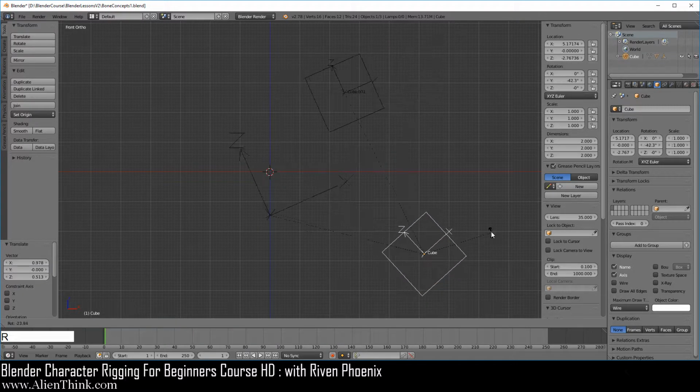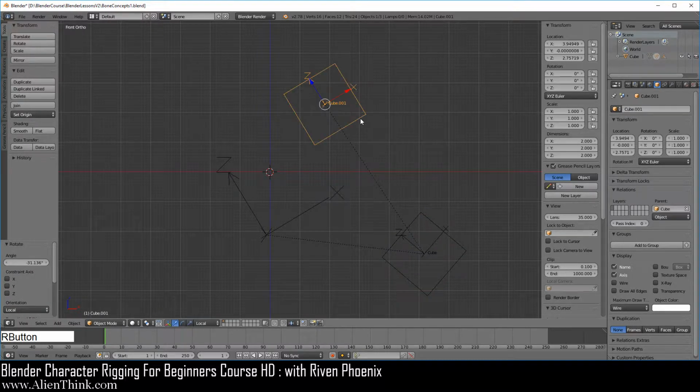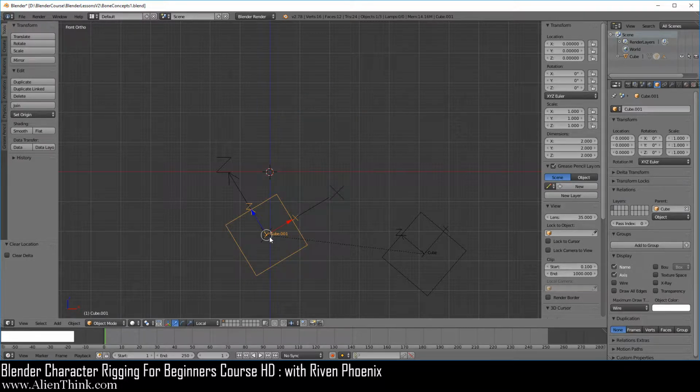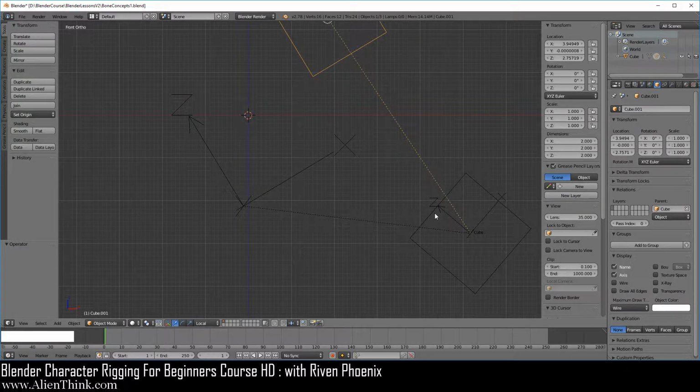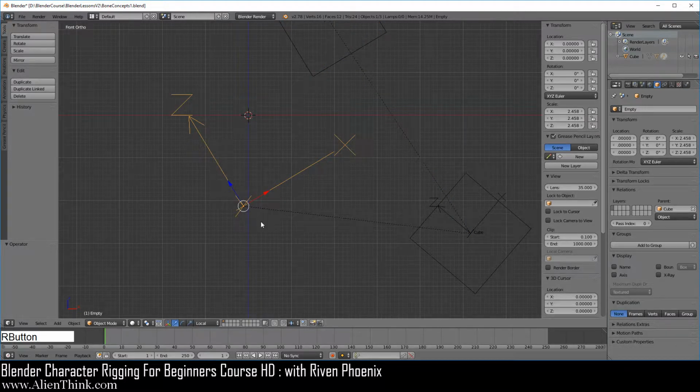Now press the R key to rotate. So if you click on the child, do Alt G, you'll see that this is where it was going. Okay? Now do Control Z to undo this. Now what I want you to notice over here is that whatever you do to the parent, what's happening to this imaginary center, really it's a coordinate system that is being attached to the parent. But notice its orientation. Okay?